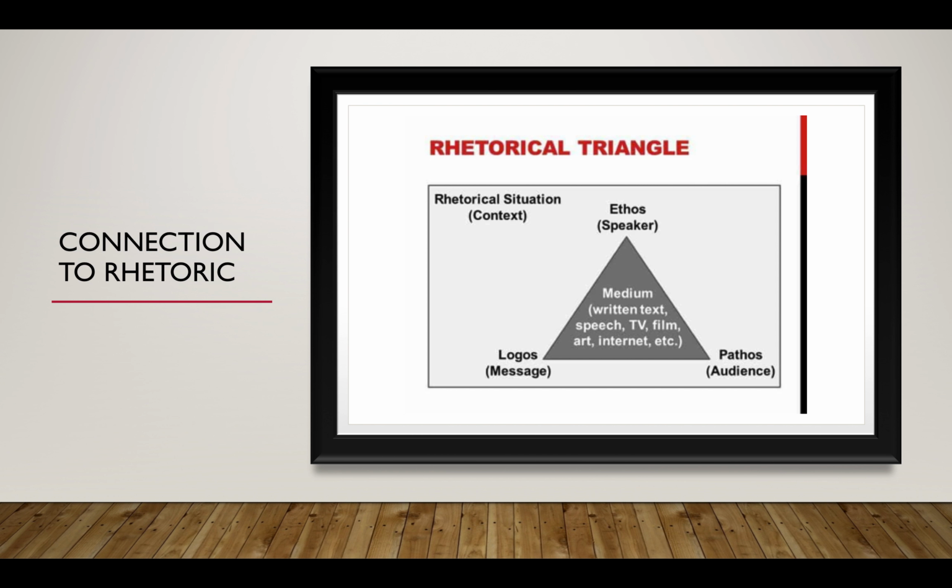So this course is housed in rhetoric because there's a connection to rhetoric here. We teach you to do technical and professional communication that is rhetorically based, in that you should have rhetorical awareness in the deliverables that you create for your workplace. So you may have taken English 101 and 102.